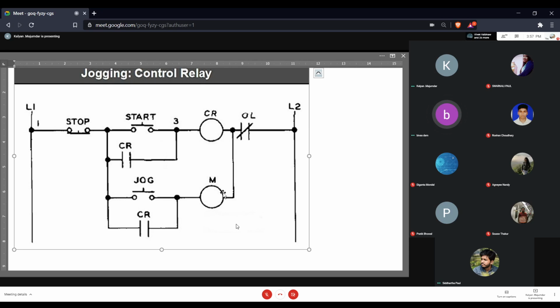একবার প্রেস করছো, যতক্ষণ ধরে জগটা প্রেস হচ্ছে দেখো সিআরটা কিন্তু আর এনার্জাইজ হবে না, তখন এমটাতে ডাইরেক্টলি পাওয়ারটা আসছে। L1, স্টপ, জগ, এম, ওএল এন্ড L2 চলে যাচ্ছে আর কি।